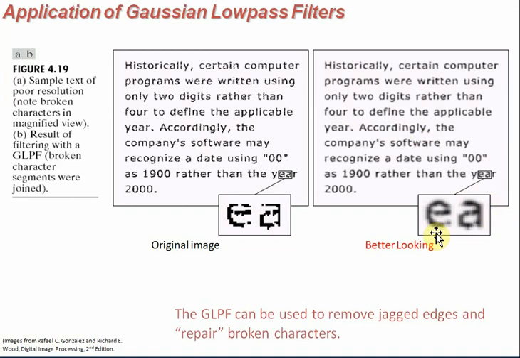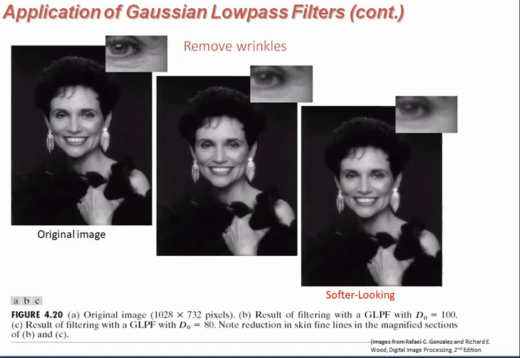That means this Gaussian low pass filter can be used to remove jagged edges and repair broken characters. A sudden transition becomes a smooth one, and then you can get an image like this. Now observe another example that removes wrinkles. See this here, if you observe, wrinkles are there. So if I apply the